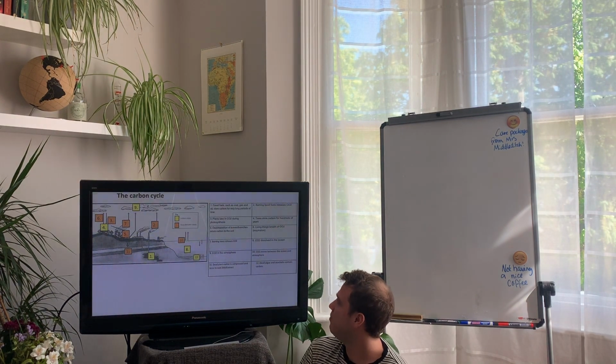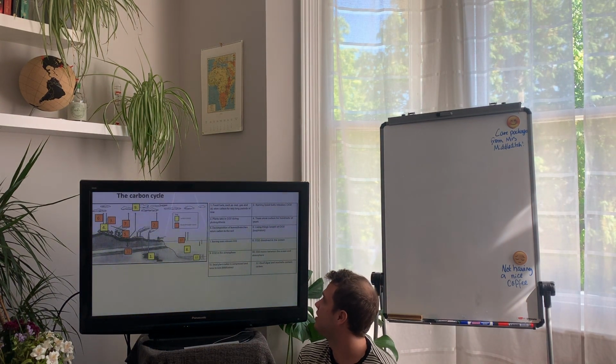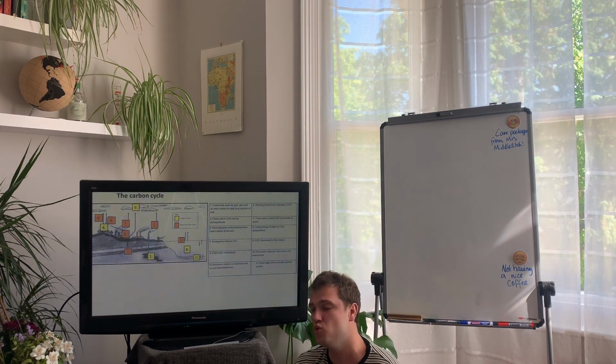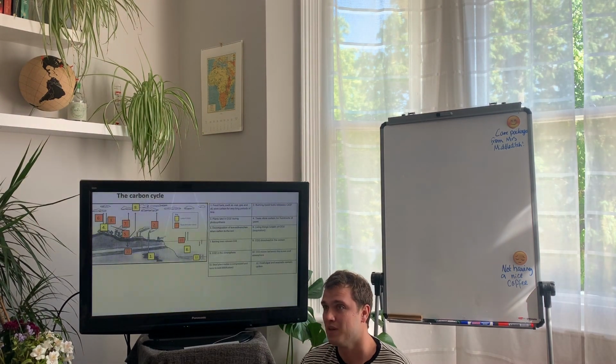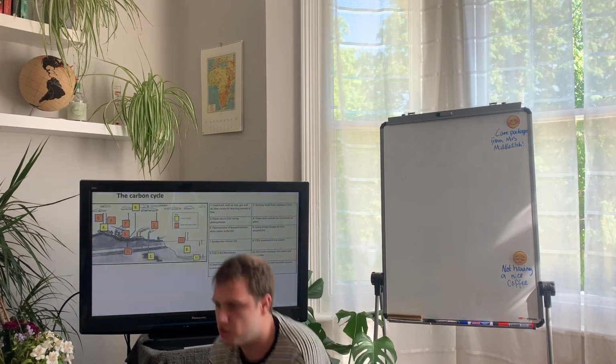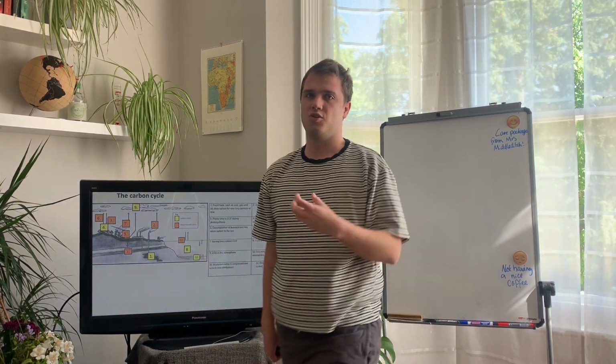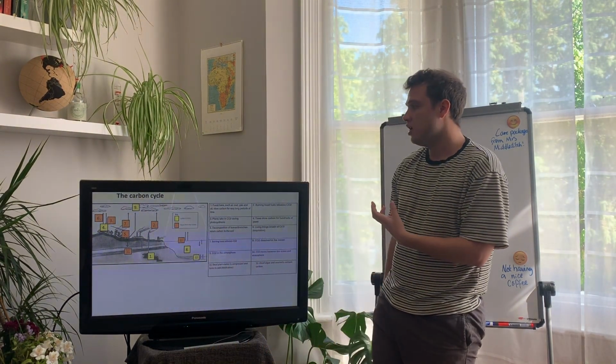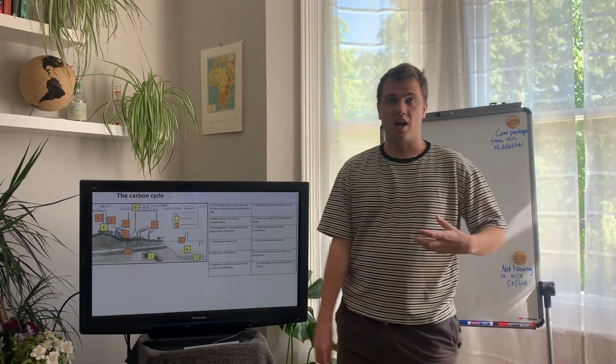And our last one, number 12, dead algae and seashells contain carbon. So shells are hugely made up of carbon. Dead animals rotting at the bottom of the ocean release carbon back into a store which is held at the bottom of the ocean. So as we can see, there are a range of stores and a range of different